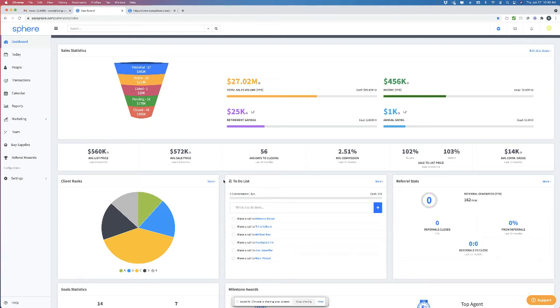Then, how do you deal with that? It's overwhelming to have a zillion deadlines and all these pending transactions. I currently have 18 pending transactions. A few years ago, I couldn't have imagined managing that and not losing control. And I didn't start that way. Five years ago, when I started using Sphere, I did a fraction of the business I do now,